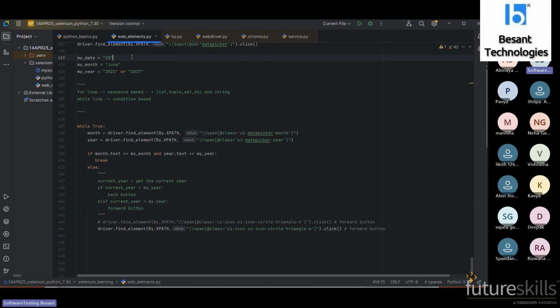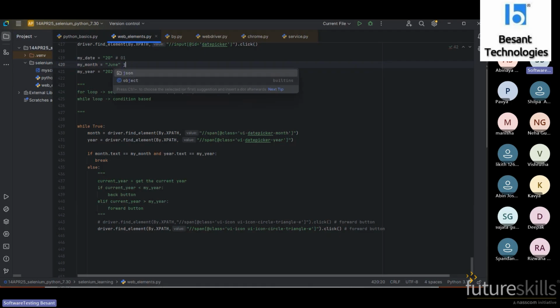But other than this expectation, maybe it is a two-digit value. Sometimes the input from the user may be 1, and it may not work. We are supposed to change it to 01. Similarly, some users will give us just June; they won't give the full value.